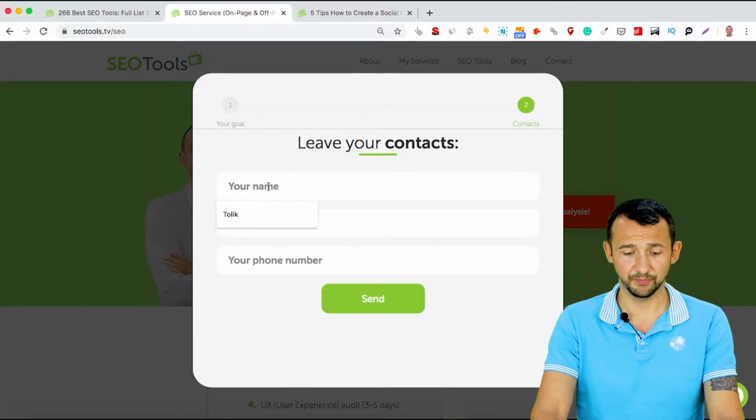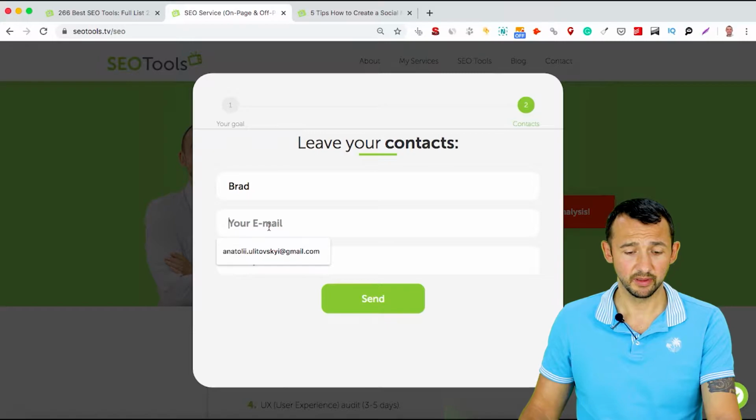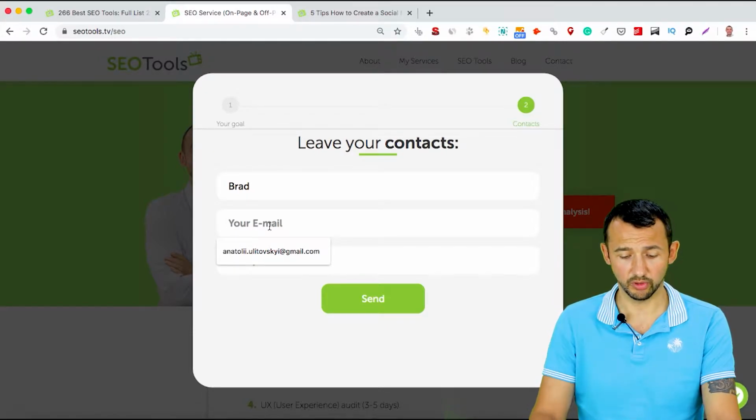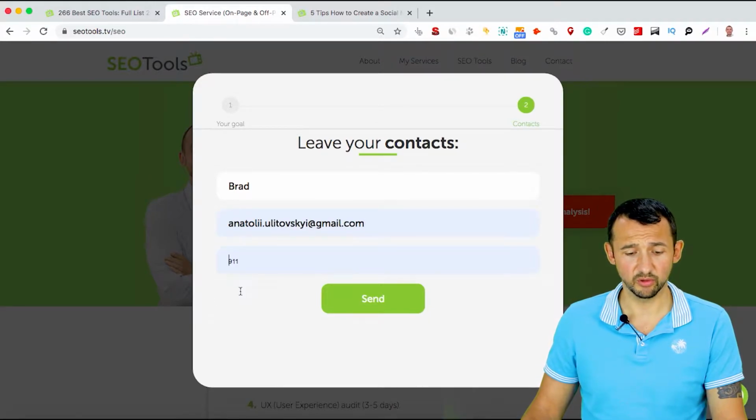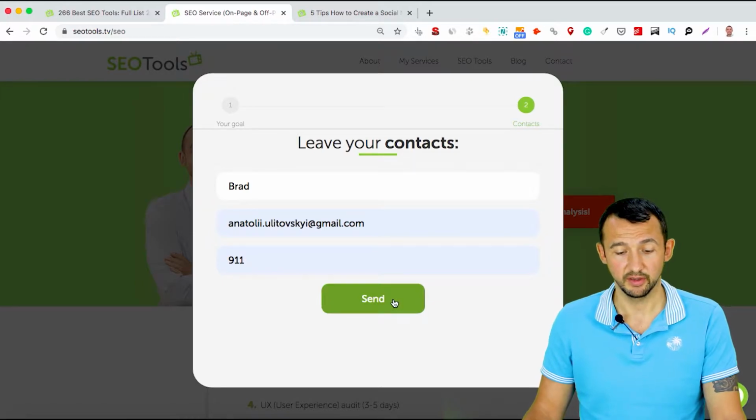And here you can submit your name, your email. For example, I can submit mine and your number like this, and send. Yeah, and you can see that I don't use a lot of fields, but I see some webmasters submit 10 fields, 20 fields, it doesn't work, you know, you can hurt the user experience. Even social media like Facebook or websites like Google, Gmail, provide a lot of fields when you go to the next step.